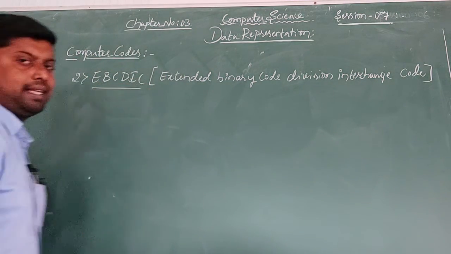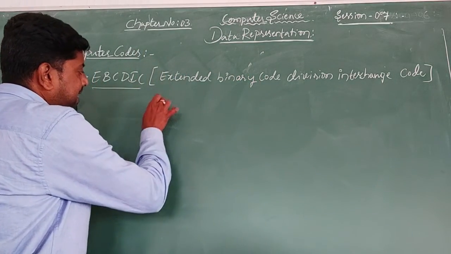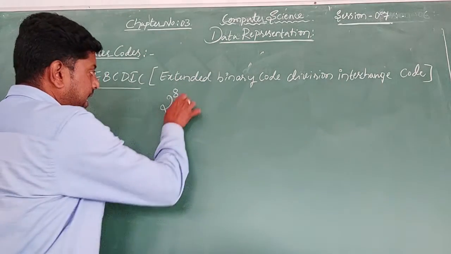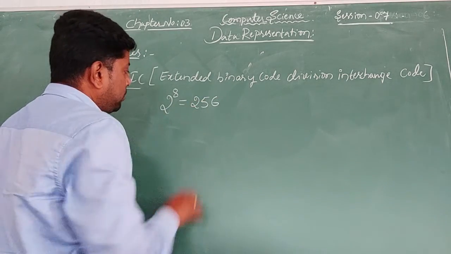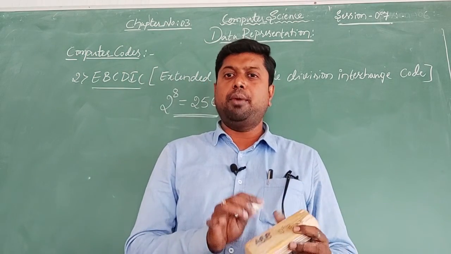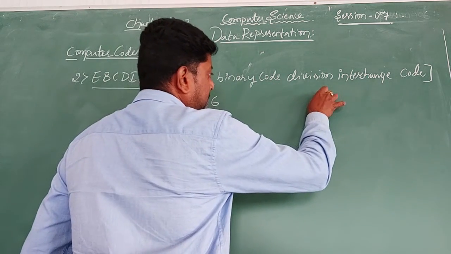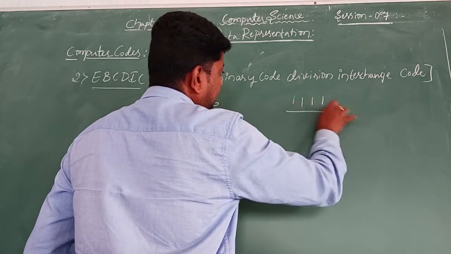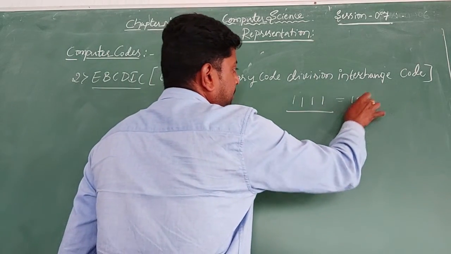Sir, then what will be the example of these types of codes? See here, as I said earlier, BCD is 2 to the power of 4, but here it is 2 to the power of 8. So this should be around 256. So 256 digits are possible to write with the help of the memories. Then double that of 16. See, if I want to write 15, I can write like this: 8 plus 4, 12, 12 plus 2, 14, 14 plus 1. This is the 15 as a binary number.